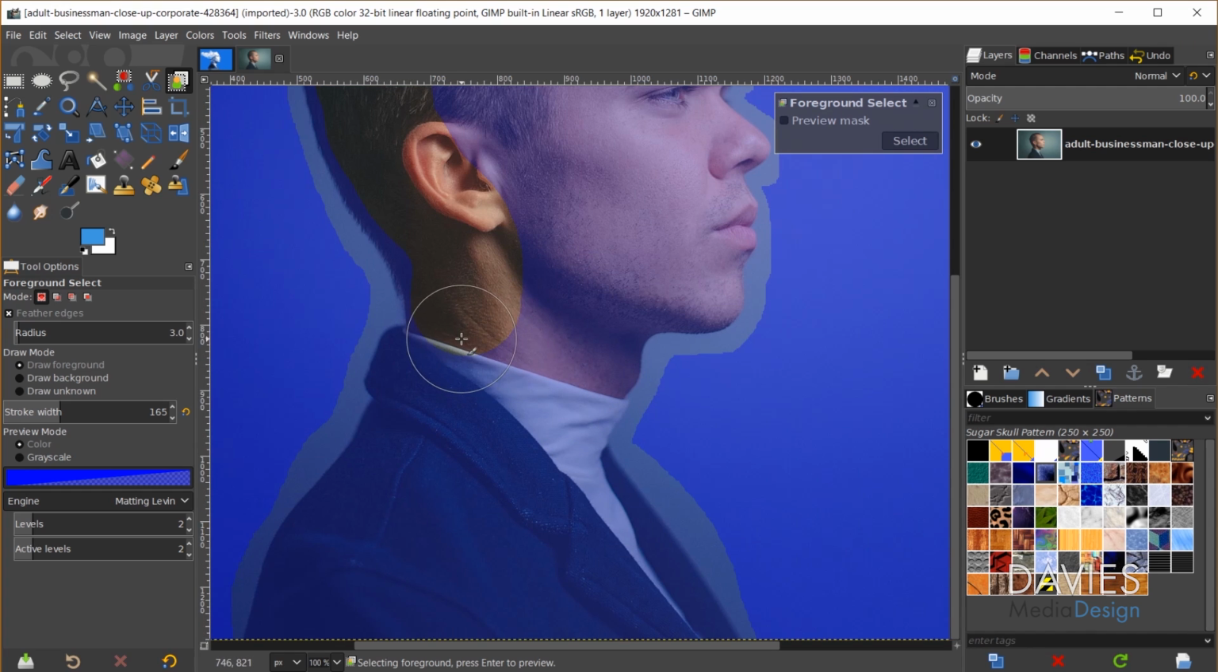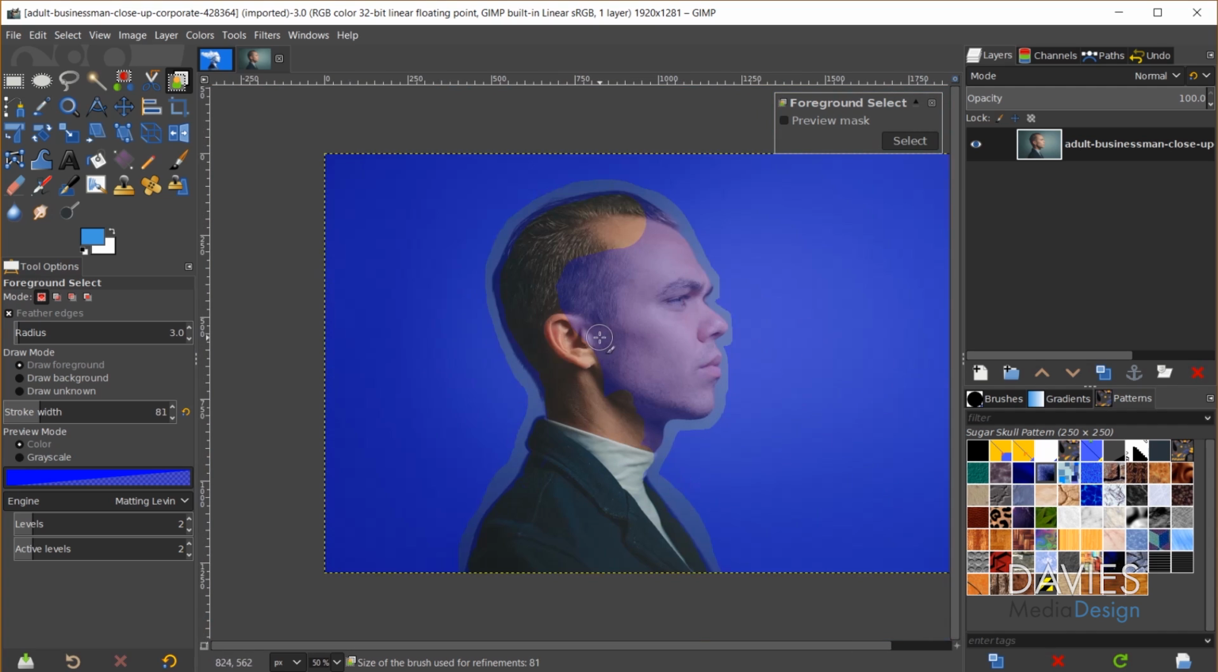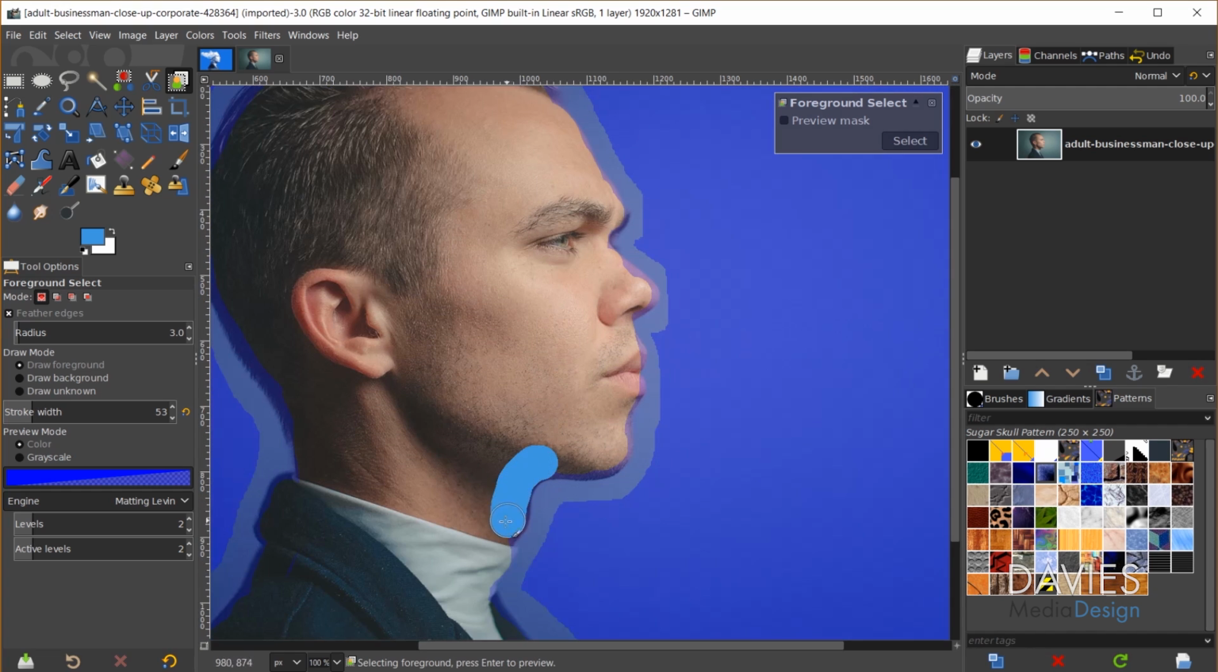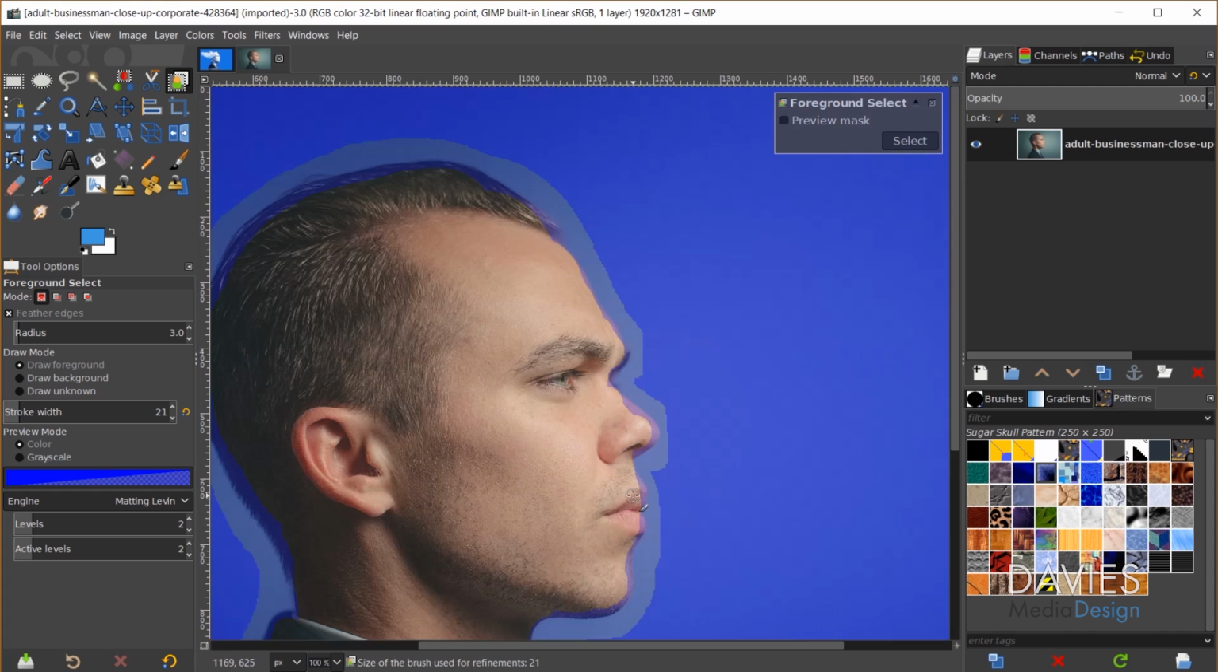And as always, the more precise you are with this, the better the final result will be. And let me just Control Z to undo that. I want to make sure I don't accidentally select any of the background while I'm doing this. So I'll use the brackets on my keyboard to change the brush size as I go. All right, once I have a lot of the subject sufficiently selected here as the foreground,